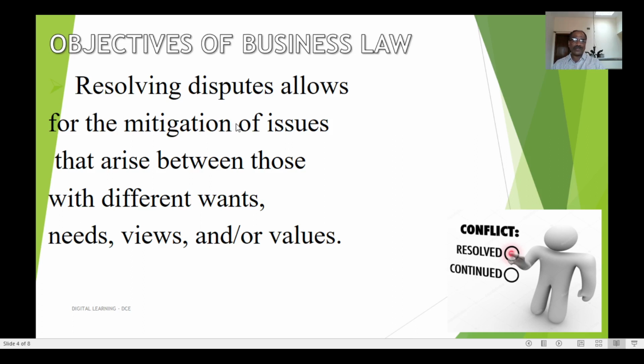So there may be some offenses, and therefore in order to overcome that, the law is very much essential, because it is one of the guides. It consists of the rules and regulations, and it is a guide for the business people, not only for the business people, even for all the people of society. And therefore according to a particular act we can take legal action, but in order to take the legal action there should be rights to the consumers, but those rights can be provided by the business law as per